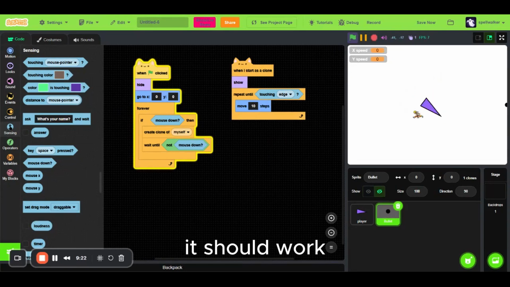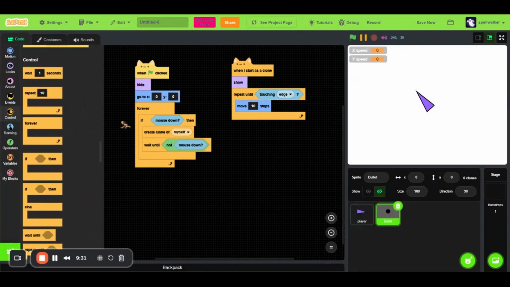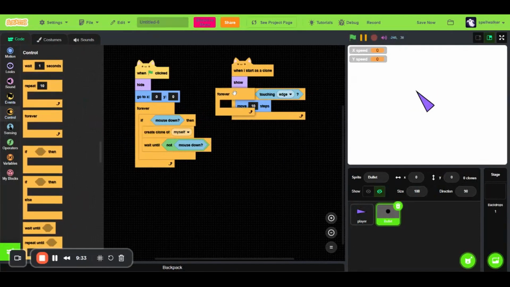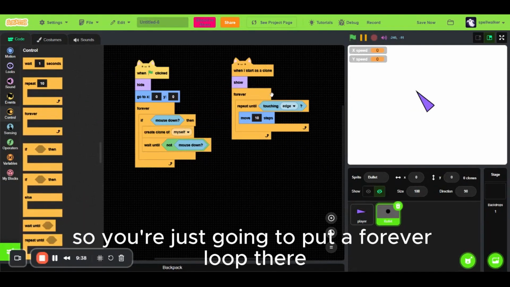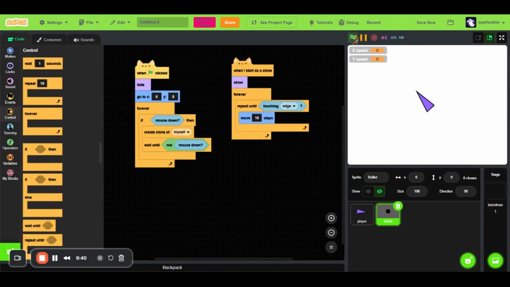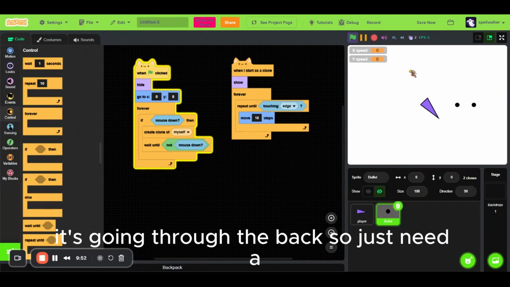So it should work. You just need to put a forever block. So you're just going to put a forever loop there. Now if you test it, it should work. It's going through the back, so just need